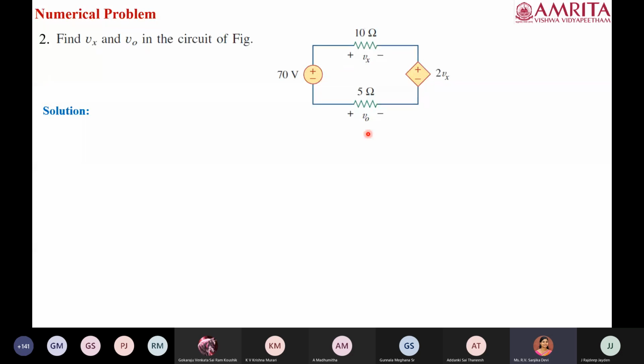So for that, what we have to do is apply the KVL, estimate the value of Vx and V naught, and then come to the conclusion whether the reference polarity they have given is correct or not. So that we need not worry. If they have given a reference polarity, we can just go with that in the numerical, and depending on the answer, if the answer is positive, then the reference polarity they have given is correct. If not, the polarity has to be opposite. That's it. Okay. So now for solving this problem, maybe I'll use a blackboard approach and try to solve that.